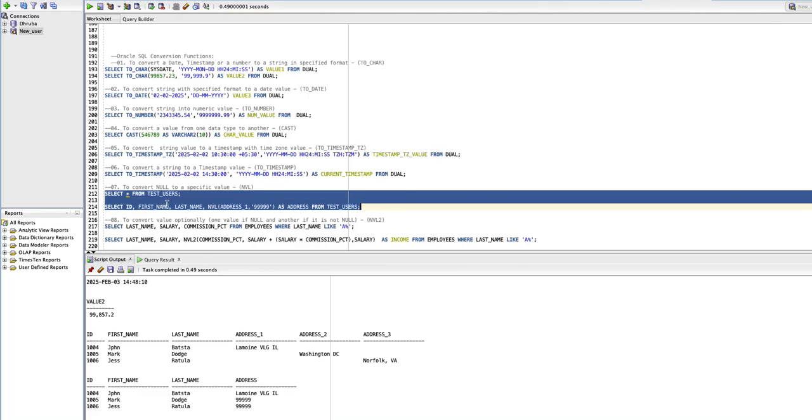For the test_user table, we have 3 addresses: address 1, address 2, address 3. For ID 1004, it has null value in address 2 and address 3. For 1005, address 1 is null, address 3 is null. For 1006, address 1 and address 2 are null and it has value in address 3. Now I am going to change